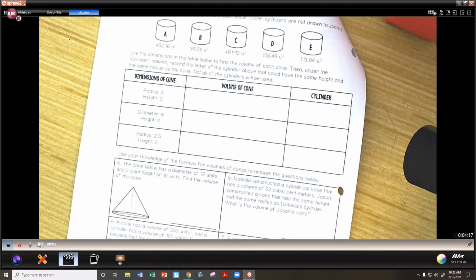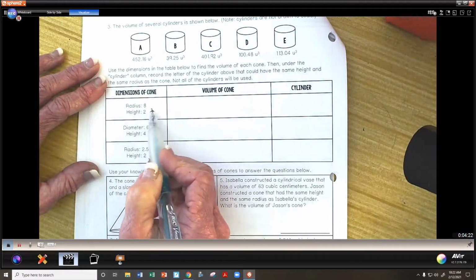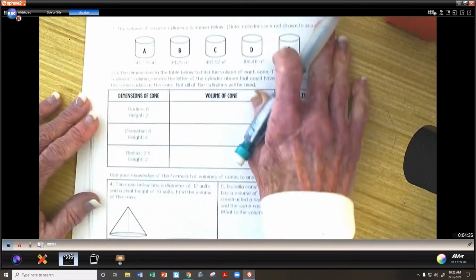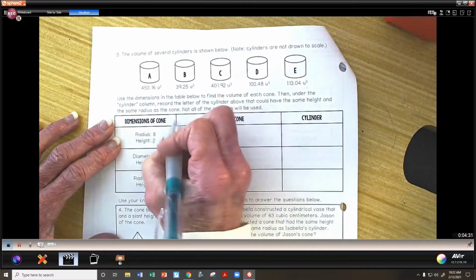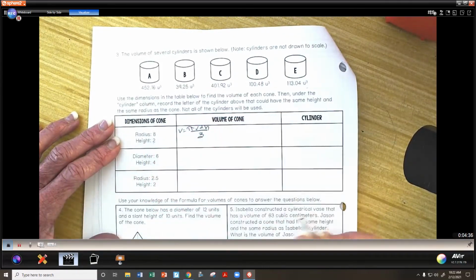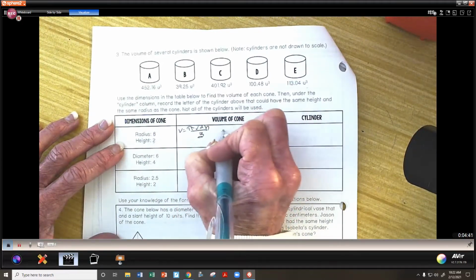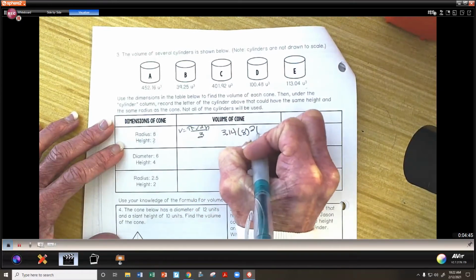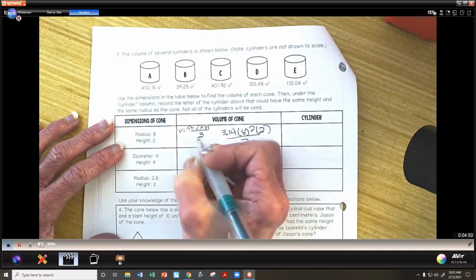All right, so in this one, what we are doing is we are trying to figure out, with a radius of 8 and a height of 2, which one of these would it be? Okay, so volume of a cone. Remember your formula. Volume equals pi r squared H divided by 3. Okay, so let's do this. Just plug in what you have. So 3.14 times 8 squared times 2 divided by 3, and we are going to get